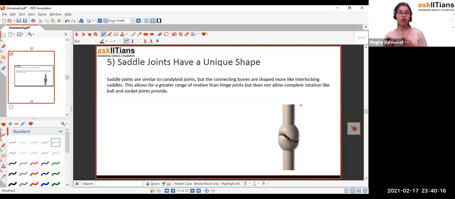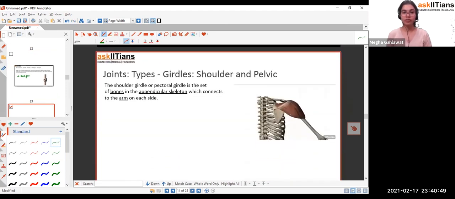For example, if we talk about the saddle joint, the joint which is present in our thumb is the saddle joint. The joint which is present right here, okay, the little intruded part that you see right here, this one right here, this is the saddle joint. This also allows great movement. We can do this, we can do this. All right. So I have the example written down here for you. Thumb joint, right? Joint. Right, now moving forward to the different type of